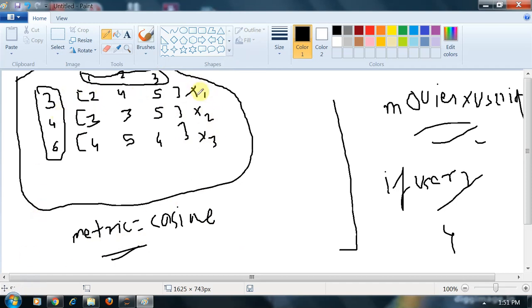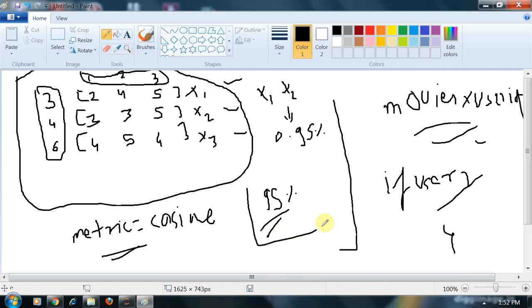Suppose x1 and x2 have a cosine similarity of 0.95, meaning these 2 vectors are 95% similar. We will recommend the movies using this cosine similarity.